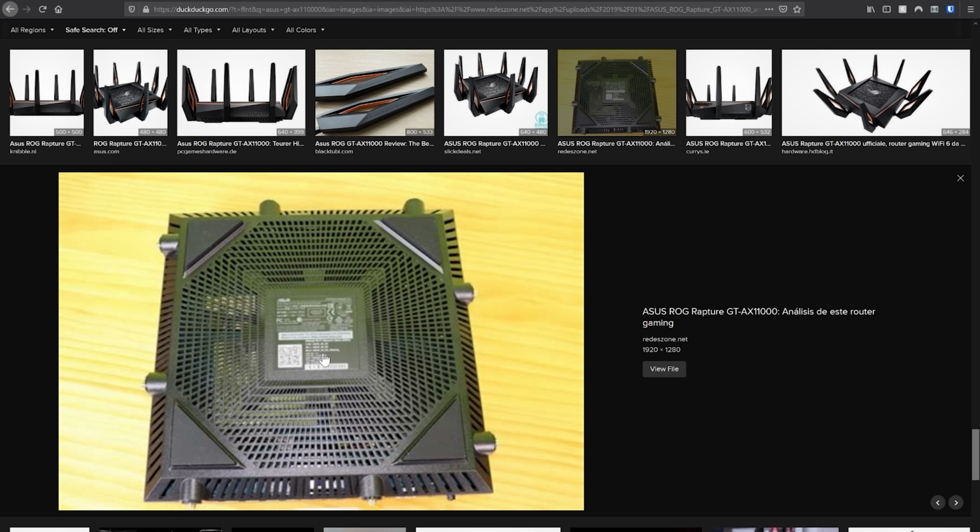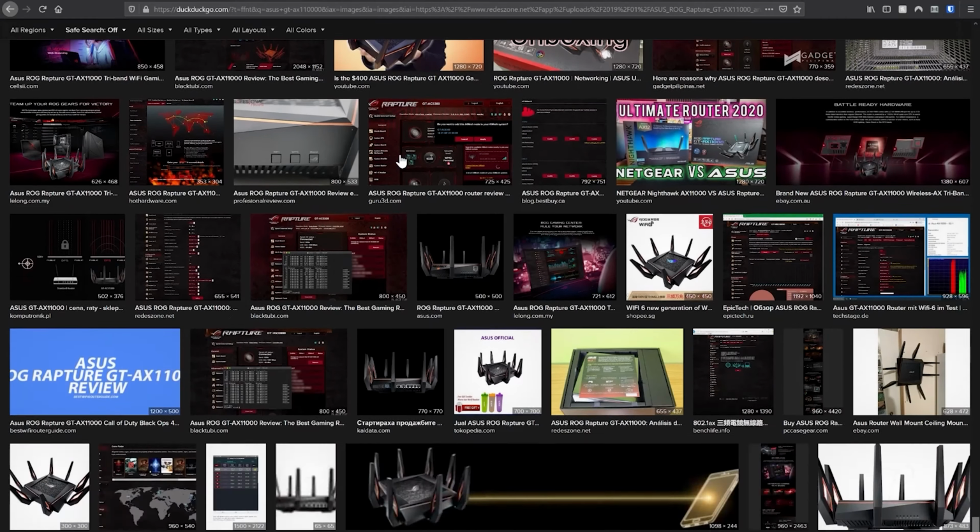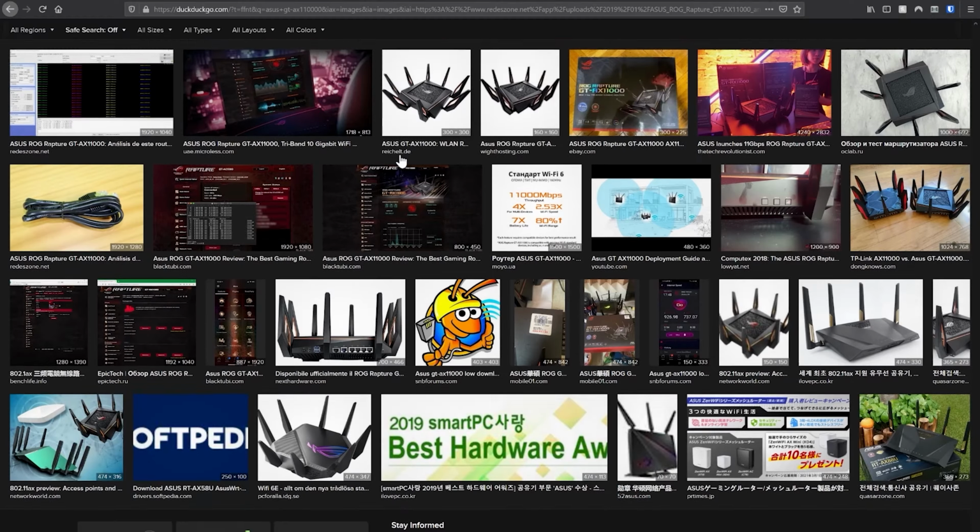So the entire MAC address is right there. We can zoom in, we could find out what that is. To give you an example of the other type, I'm looking for someone who did it with the box. I remember his face, so it's got to be down here. But yeah, we've gone through a lot of pictures. I was able to find a MAC address doing this off of a review site where someone was showing their